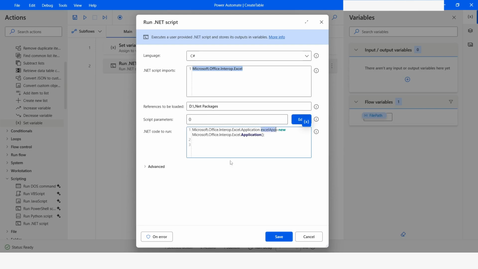Now I will set the visible property of this app as ExcelApp.Visible equals true. I will type Workbook WB equals ExcelApp.Workbooks.Open, and then I will use @ double quotes, and inside that I will use this variable, which is file path, and then semicolon. Now I will create an object of worksheet. I will name it WS